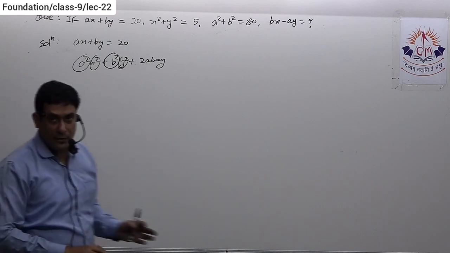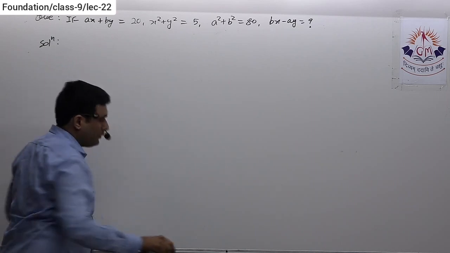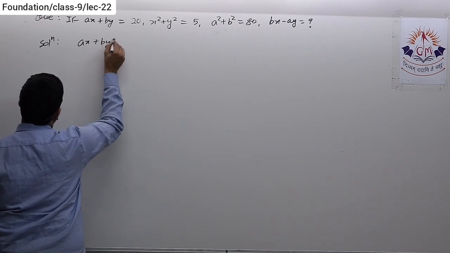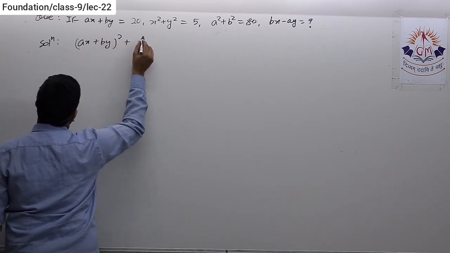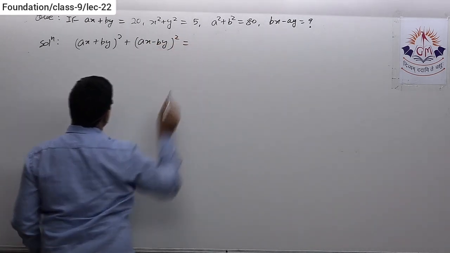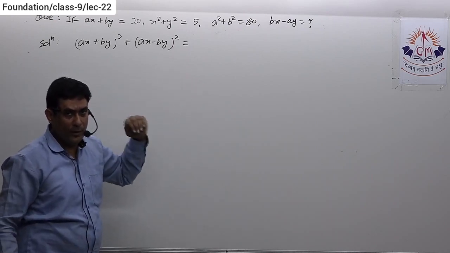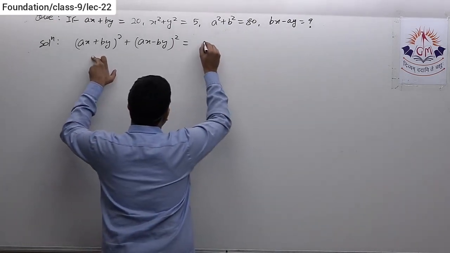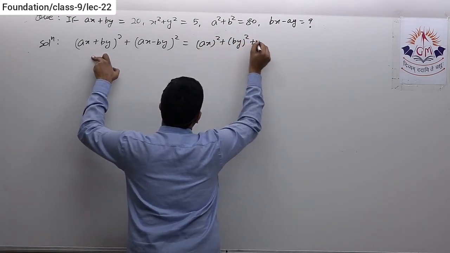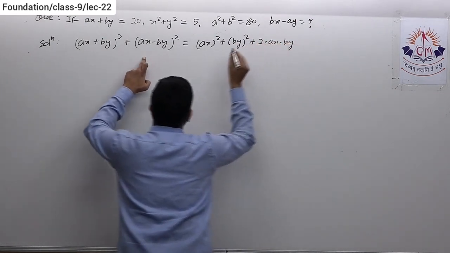I do not have the individual values of a square, b square, x square, y square. So how to solve this? See, if I start with (ax plus by) whole square plus (ax minus by) whole square, now simply I expand this with the help of the identity of (a plus b) whole square. So this gives me (ax) whole square plus (by) whole square plus 2 into ax into by, and over here